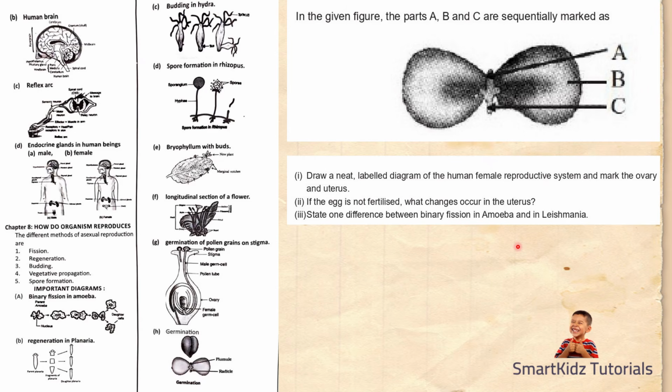There's no particular direction. But in leishmania, it has a flagella, a tail that allows it to move. So the division should happen in such a way that the tail also gets divided. So the mother cell gets divided into two daughter cells, we call it. Both daughter cells will go on to become mother cells